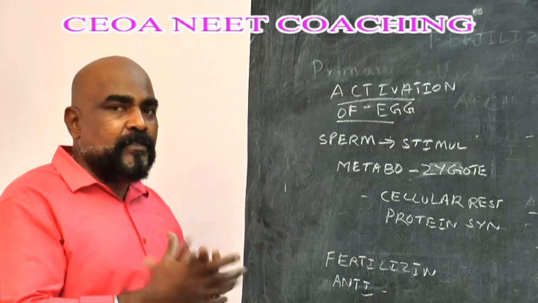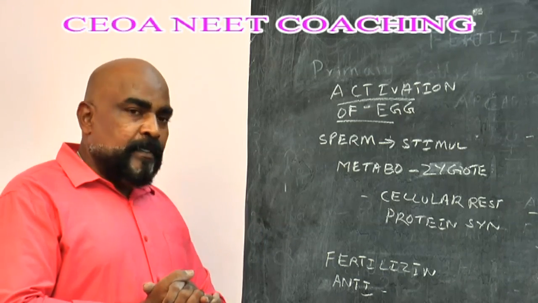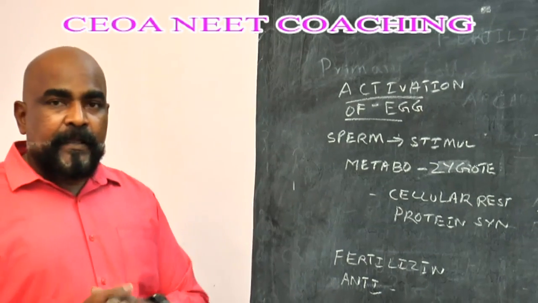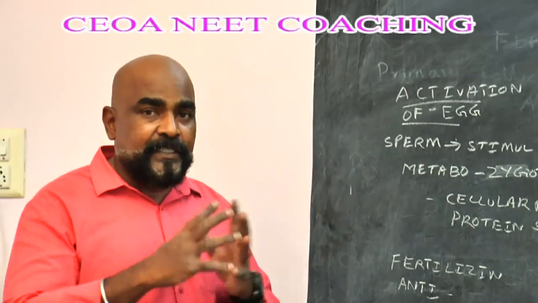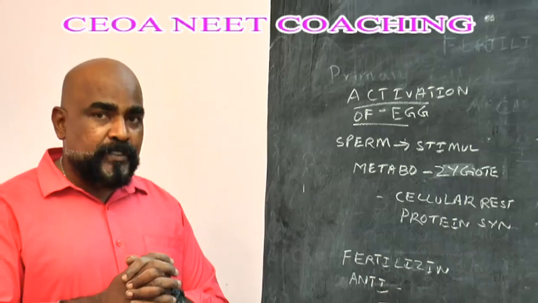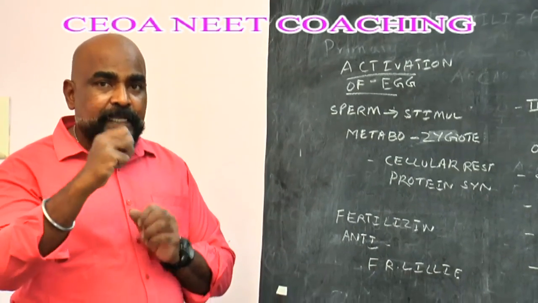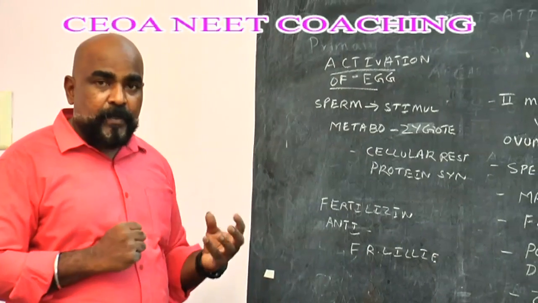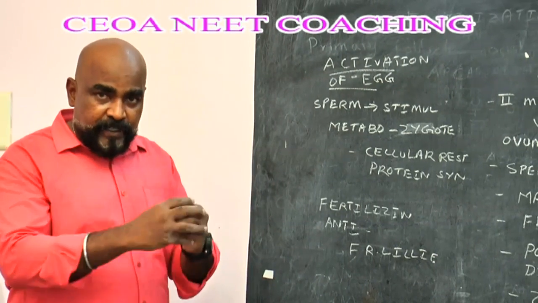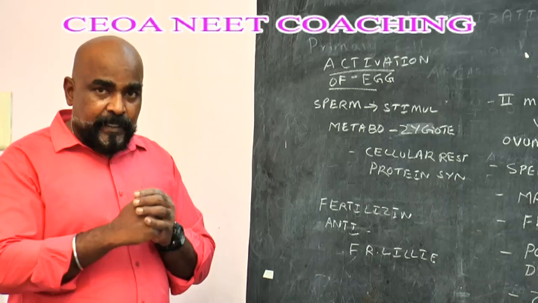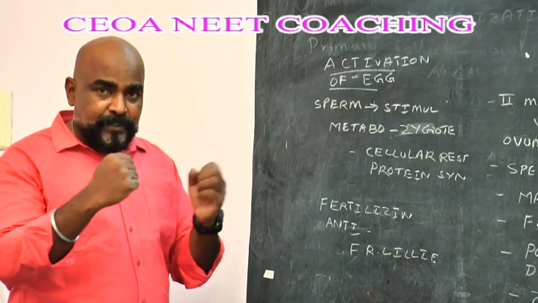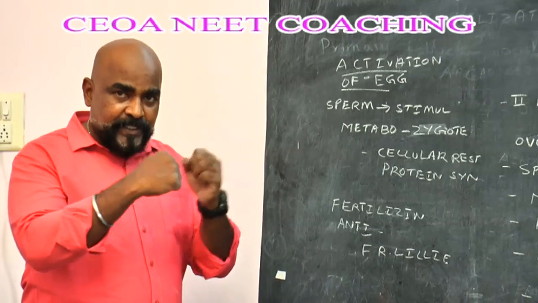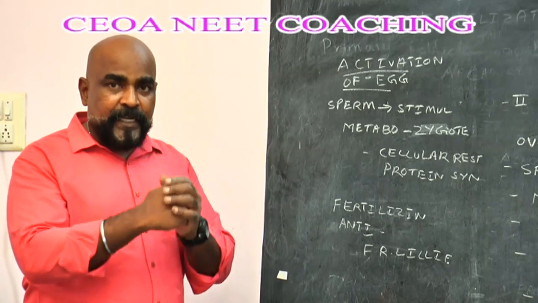So it starts growing. And there is a theory which was proposed by F.R. Lillie, fertilizin and anti-fertilizin reaction. He proposed that the egg produces a substance on its surface which is called fertilizin, and the sperm produces another substance on its surface which is called anti-fertilizin. It is the interaction between these two, fertilizin and anti-fertilizin, which brings the fertilization, that is the fusion of the male and female